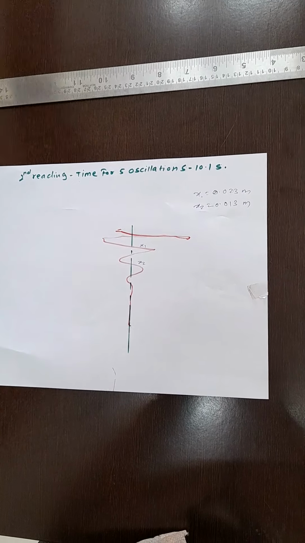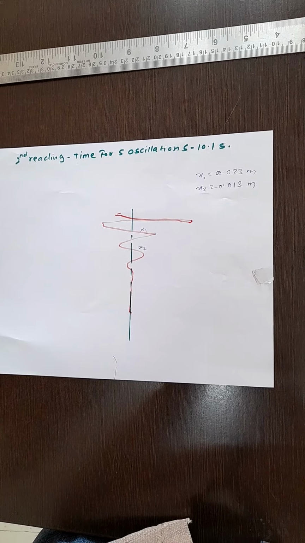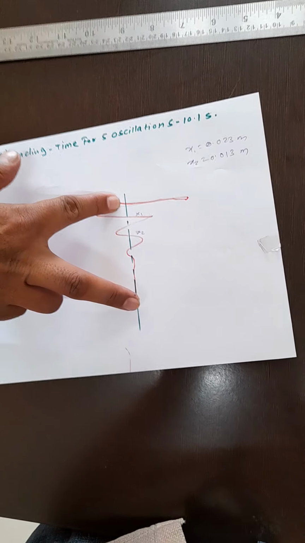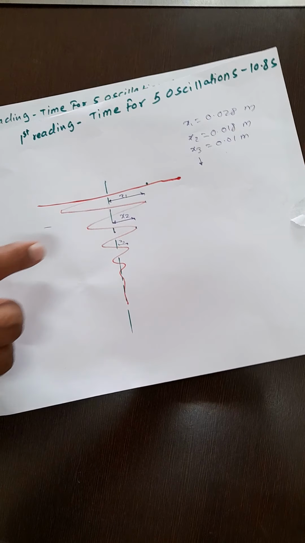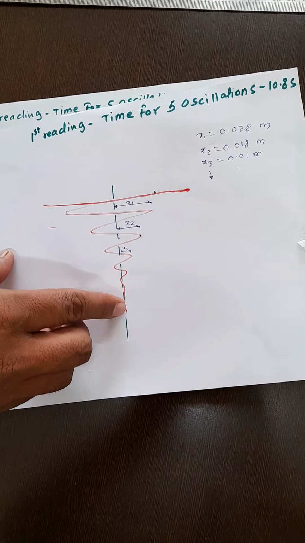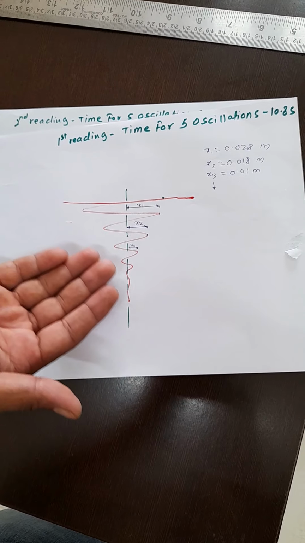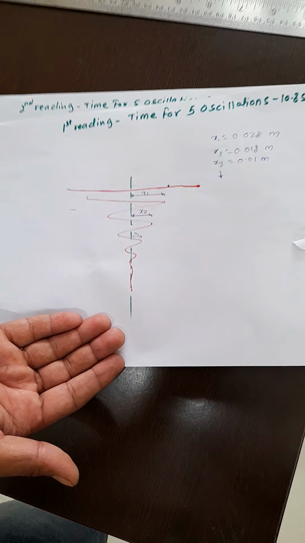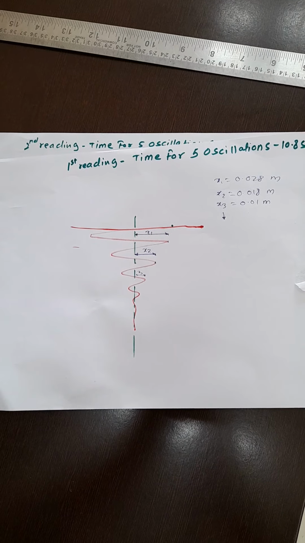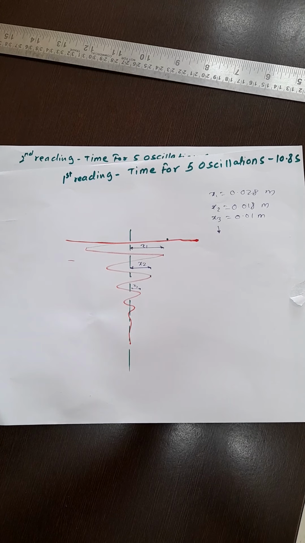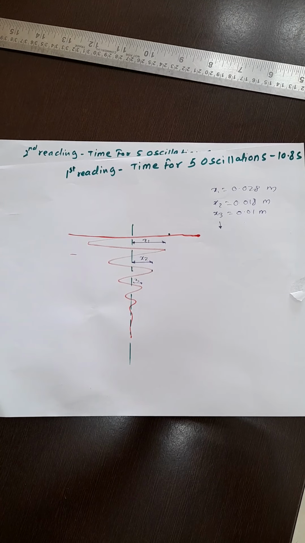So from this experiment we will see that yes, vibrations are going to damp. If you study the air damping experiment, then these vibrations are not going to damp as early. It requires some more oscillations to damp. That means suppose in this reading, after 1, 2, 3, 4, 5 oscillations, vibrations get damped. If you go for air damping instead of water damping, instead of 5 oscillations you may require more oscillations to damp the vibrations. And after calculations, if you see that the natural frequency by theoretical and the natural frequency by practical are coming closer to each other, that means our experiment is successful. Okay, here we come to the end of this experiment.